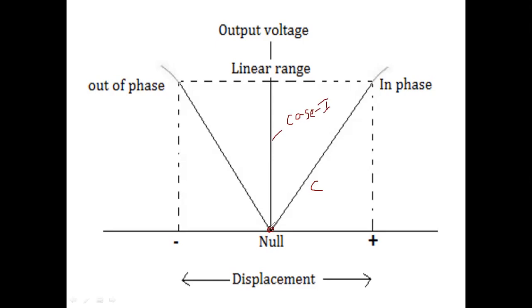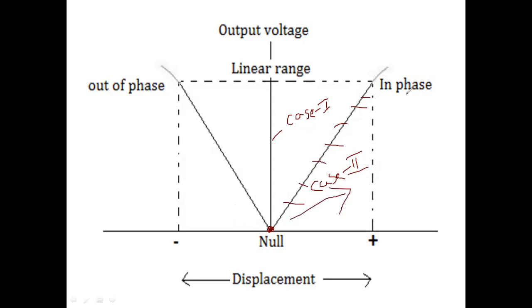The answer is 0. Zero. So case 2 indicates what? Case 2 value is nothing but whenever we move to the left in the winding, on that condition we are going to get a positive value of the output here. This is the positive value we are getting. So this is the case 2 result.